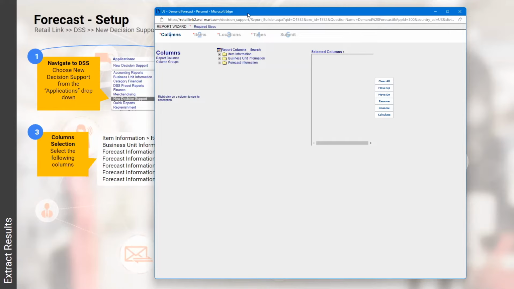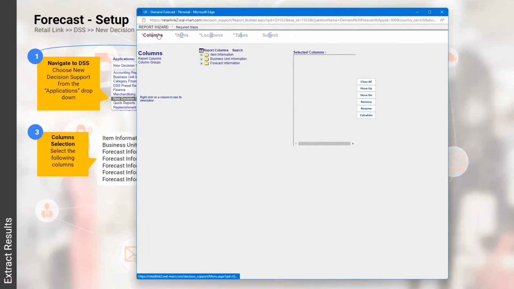Those numbers are driven by this store or DC forecast. We're going to choose a store forecast. Walmart forecasts at DC or store, and they can do a roll up or expand out. So they can forecast at the DC level, and it could expand down to the stores depending on each store's contribution to that DC's volume. But we're going to pick item information, item number,